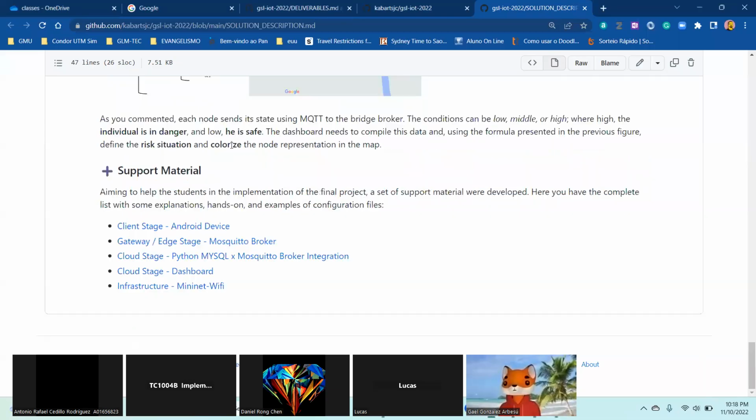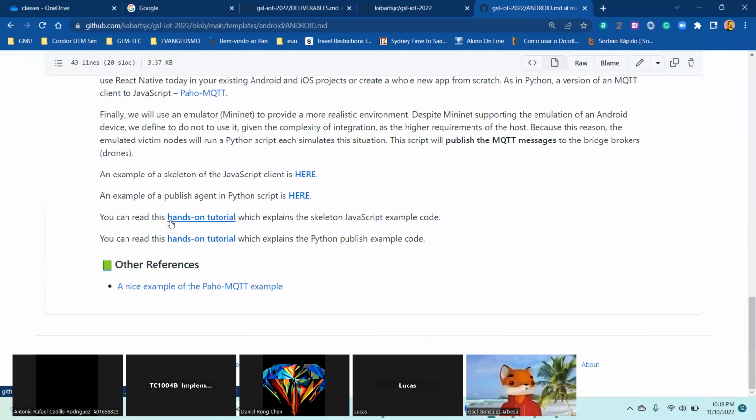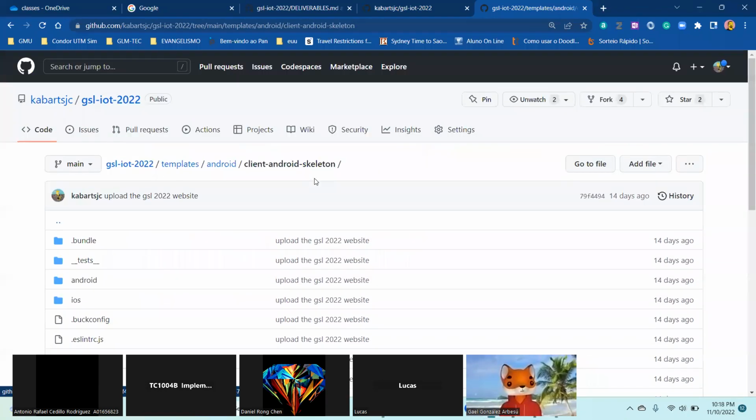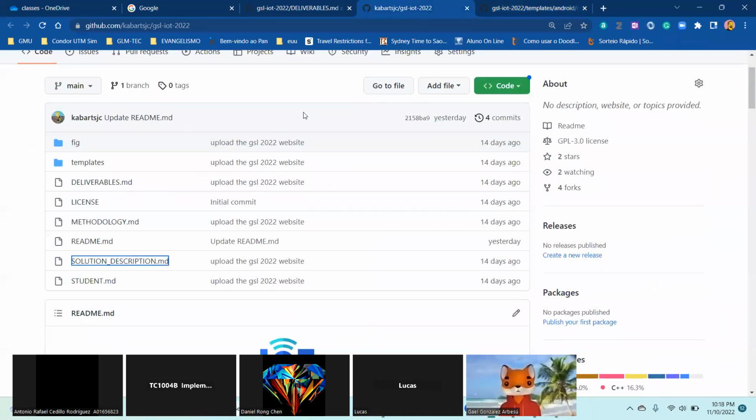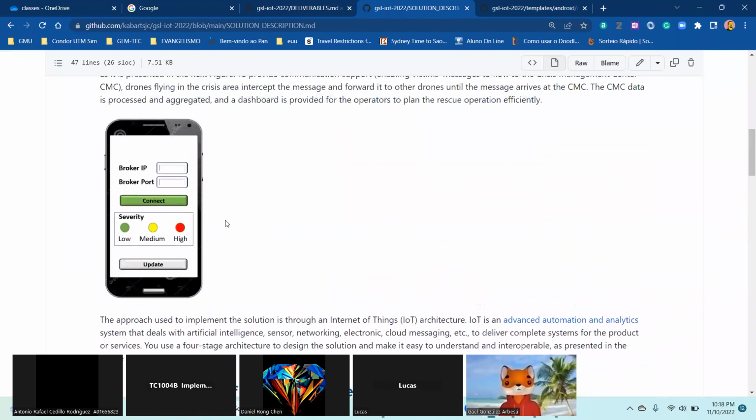Okay, Antonio, give me a second. Here you have some directions about Android, including a schedule of the application. Give me a second just to show one thing here. Oh, this one. This schedule is exactly this screen here, using React Native.